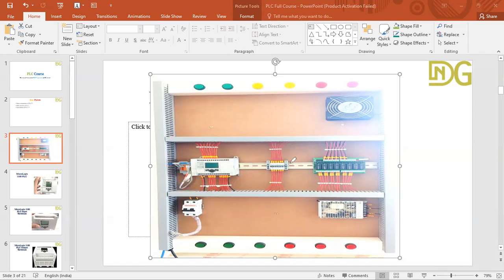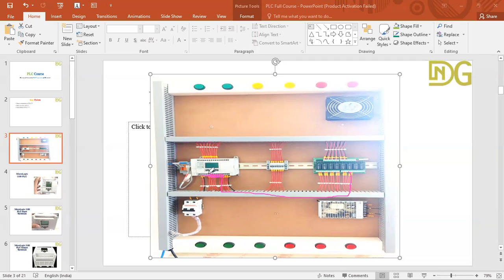So this SMPS provides the power supply for our PLC. And this is our exhaust fan, which is connected to our relay base, and the relay base is connected to our PLC's output.